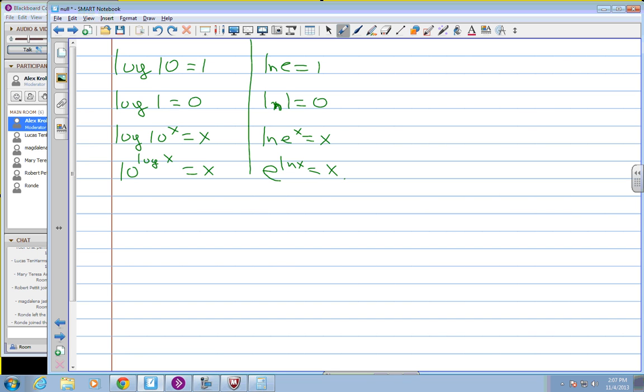I think your book introduces these properties in section 5.4. So these 2 sections are really connected. They both talk about logarithms. So I'm kind of jumping all over the place. Okay, so these are the 4 properties. Now the laws